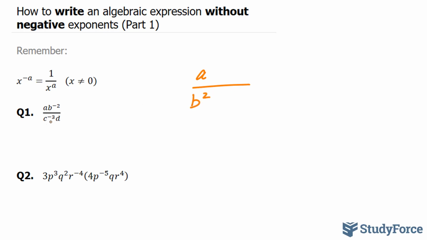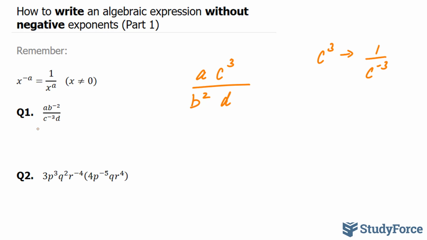C to the power of negative 3, that's already at the bottom, so it will actually go to the top where the power switches to positive. And finally, we have D, just like A, hasn't changed, so we'll just write it down where it was. Let's think about this for a moment. C to the power of 3 is the same thing as 1 over c to the power of negative 3. I noticed how c to the power of negative 3 was in the denominator position, so I pushed it up